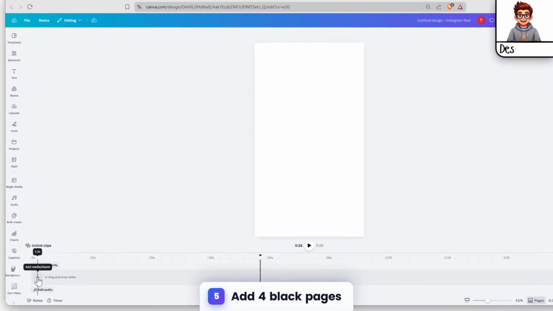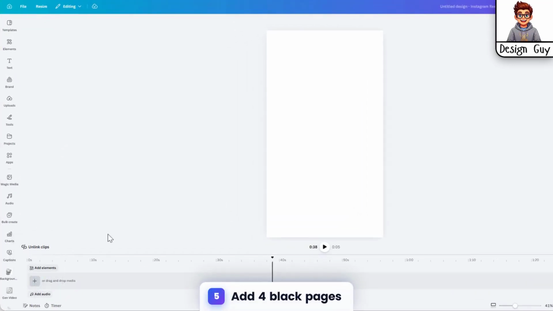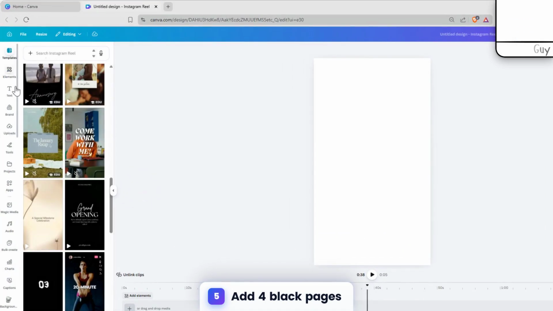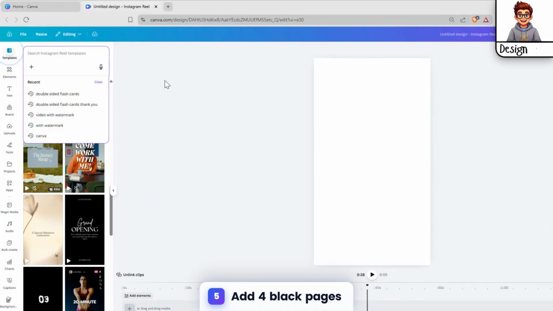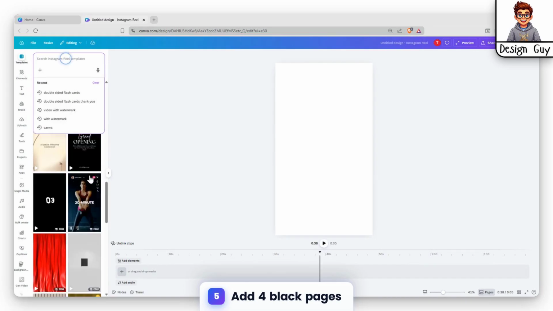Add 4 black pages to your project by clicking the Add Page button 4 times. Each page will appear blank and black by default. This step is helpful if you need extra space or if you have specific visual requirements for your design or